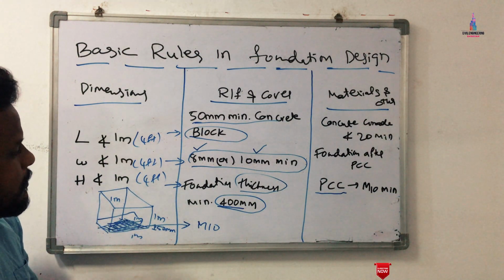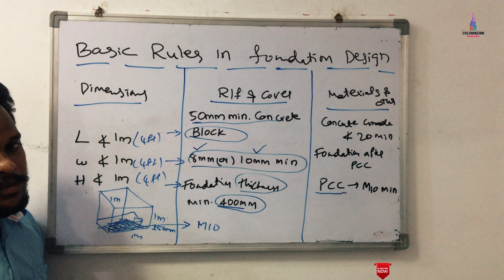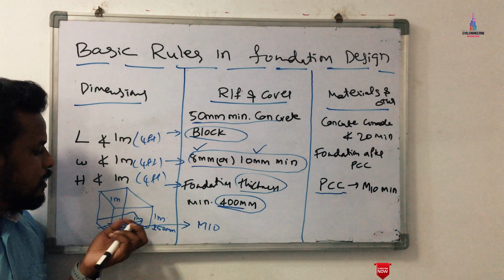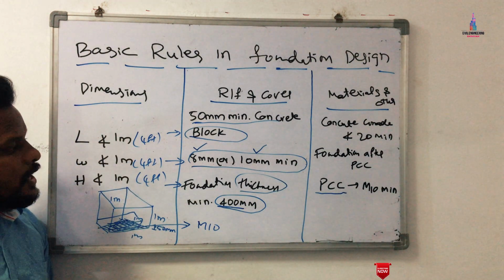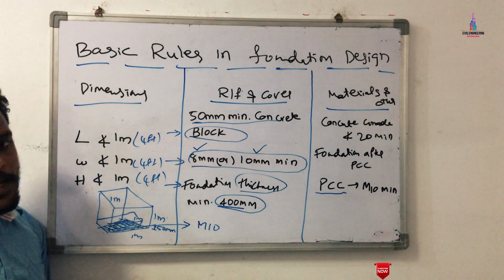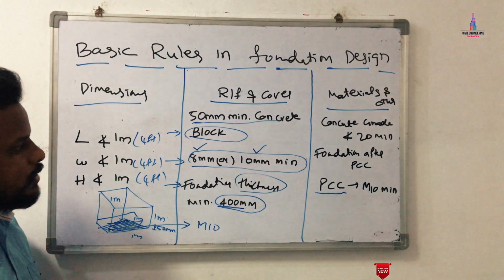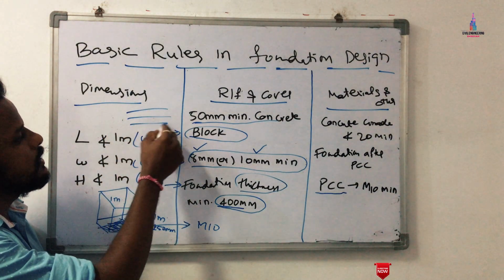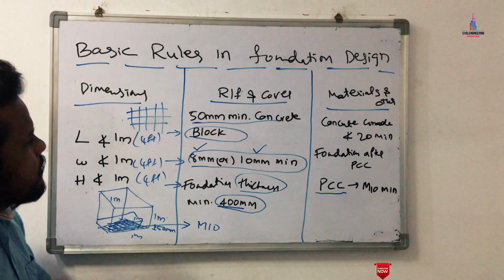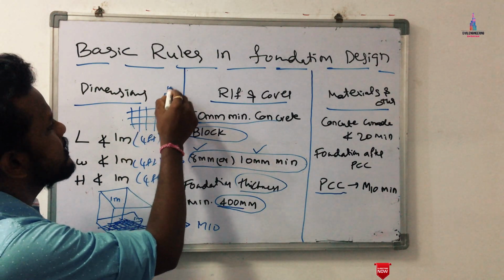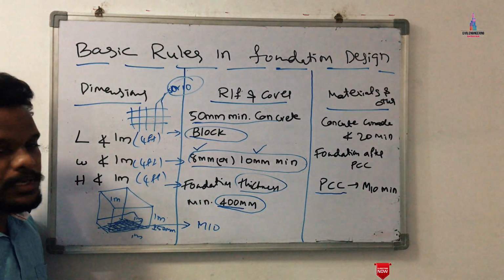So we need to use these dimensions here, and the reinforcement cover for the block is 50 mm cover we need to use for the foundation section of 1 meter, 1 meter, 1 meter. Okay, again for the reinforcement bars we need to use a minimum of 8 mm and 10 mm in the horizontal or vertical section. For the foundation section, we will use horizontal bars and vertical section bars. Depending upon the building consideration, we will use this bar minimum as 8 or 10. Okay, so this is a basic requirement as per the foundation design.